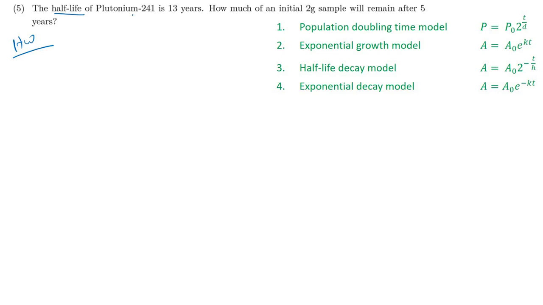Yes, one point I wish to tell. By looking at the number in plutonium-241, don't think about what 241 is. This is the product name. For example, iPhone 8. This 8 is the model name. The same way, 241 is that particular plutonium. It has some number, which is in chemistry, that number we will get. So don't worry about this number. Whatever number is here, we are not going to substitute it in the formula. Okay, note this one.